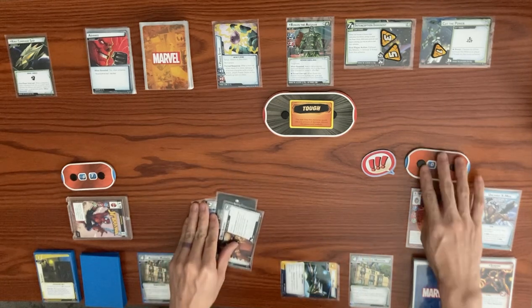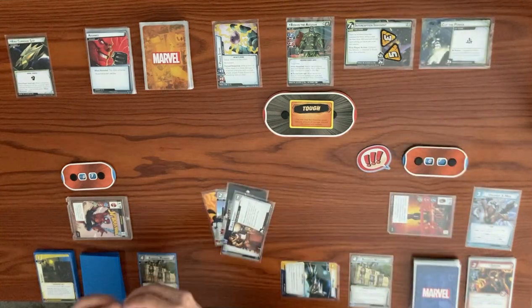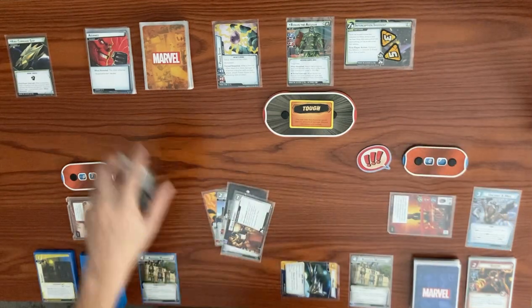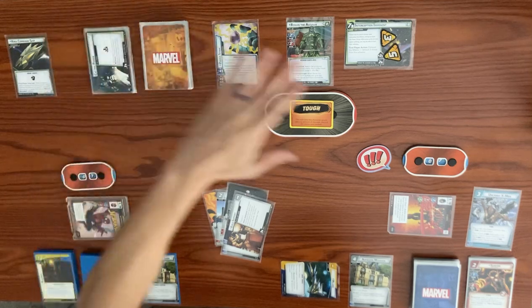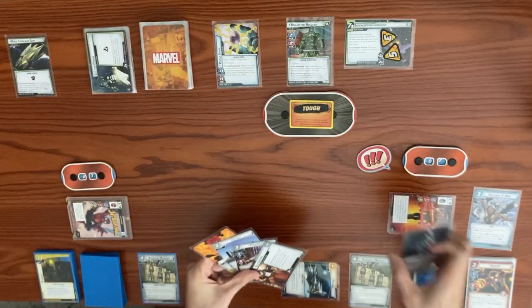So Cyclops is going to thwart here for 2. We'll cut the power and clear off this side scheme. It is defeated. So the crisis is gone. So now we can remove threat from the main scheme. Then we're going to use a double resource here. So we can play